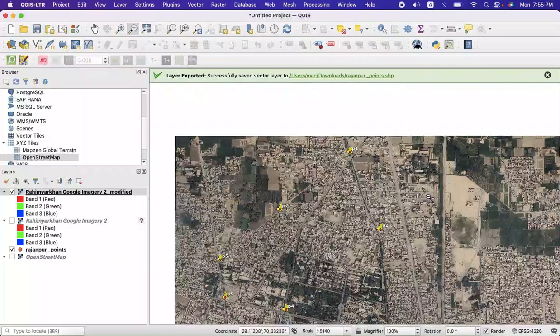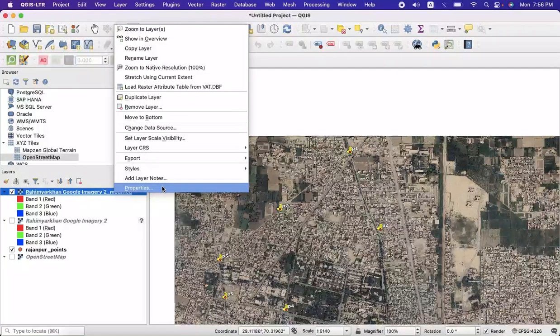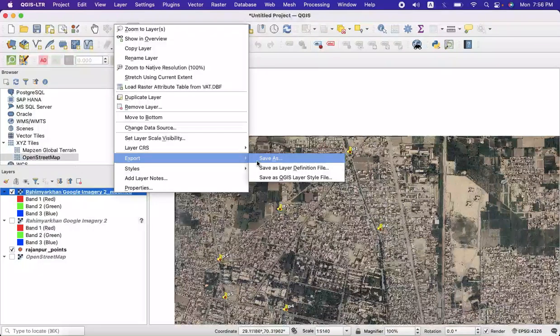Now if you want to digitize this area, you can do this. In our coming tutorial, we will also discuss digitization. So for now, I hope you understand how to do georeferencing. Okay, so this one is correct, and we need to export this layer, save as